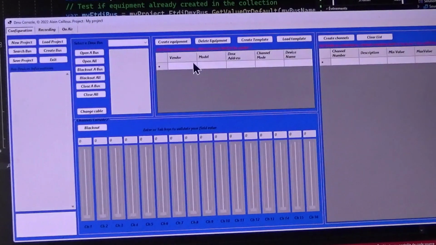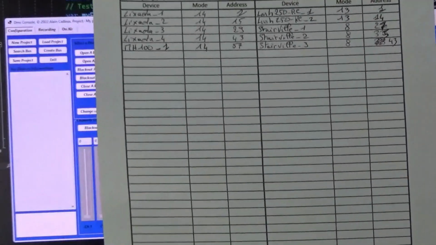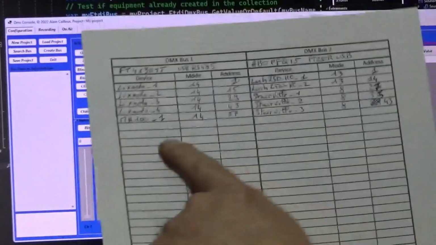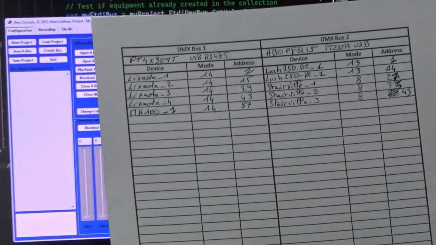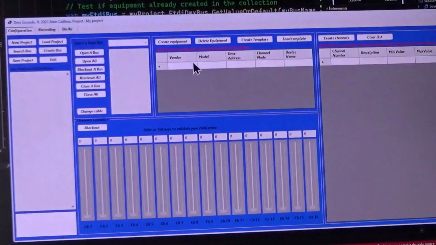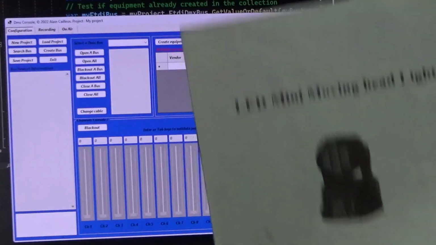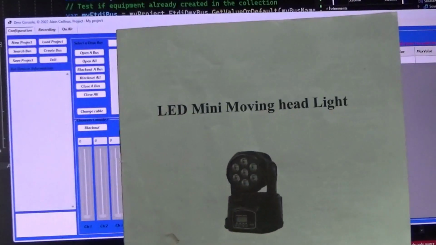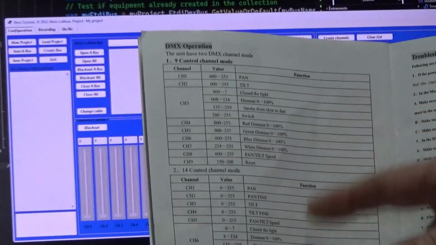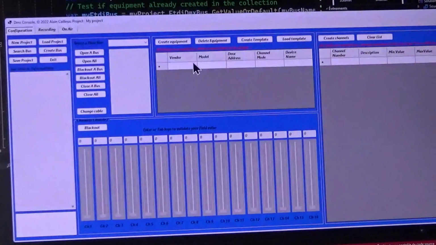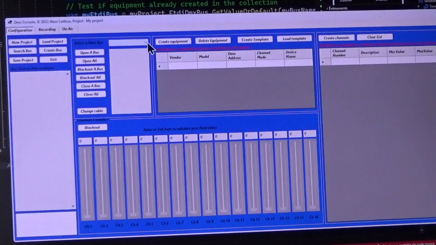For the creation of the equipment, I have already prepared my Dmx addressing plan, where you can see the two buses and the different equipments I'm going to configure onto each Dmx bus. And for sure you need documentation of your lights, because you will find the different modes, the number of channels and the definition of the channels. So let's